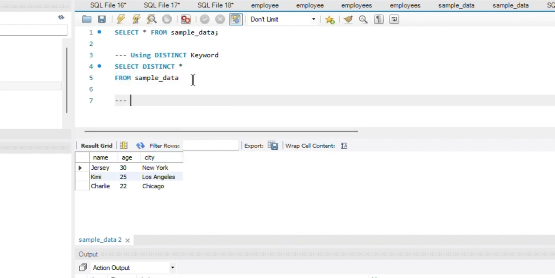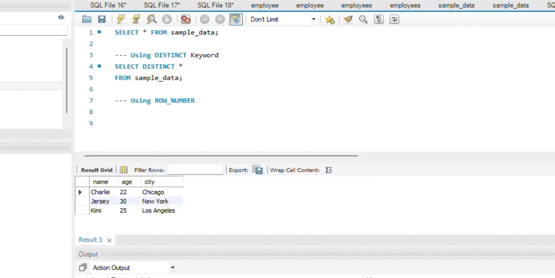Now the second method was using ROW_NUMBER. In this method, we will write a common table expression, a CTE named, let's say, ranked data, or anything. We'll assign a unique number to each row within each group of duplicate rows, partitioned by columns like name, age, and city. This ROW_NUMBER function assigns a unique sequential number within each partition.